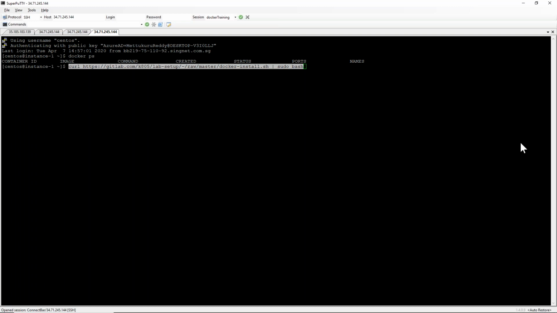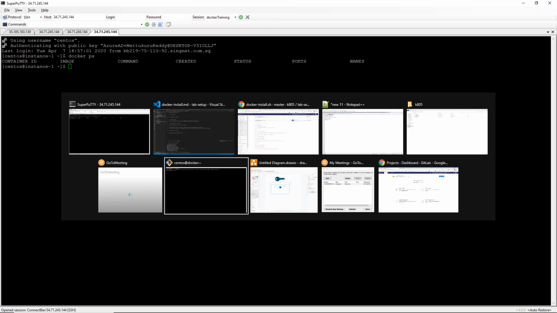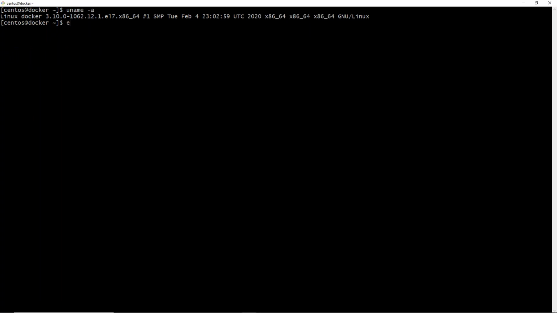Any doubts? If I want to connect the servers using Git Bash, how can I connect? So we showed you, right? So here, SSH is the protocol name, -i. So you are going to pass your PEM file, not PPK here, PEM file, and then your username, and then your IP address. So PuTTY, SuperPuTTY, any shell, any SSH clients, right? They are going to call in background these commands. Okay. Understood. Yeah.